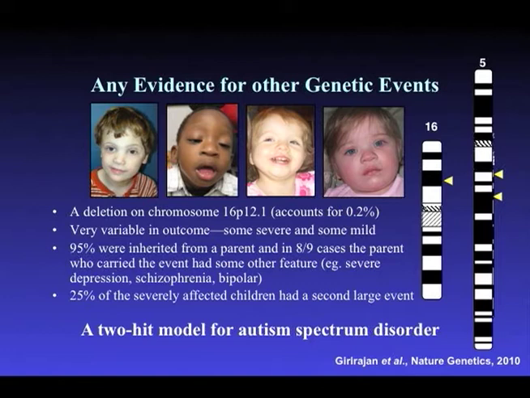So we thought about that and said, well, maybe the carrier parent actually has one of these related comorbid phenotypes. But why did we ascertain these kids to be developmentally delayed? That's clearly a different phenotype. The other piece of information which we thought was really informative: when we looked at the entire genome for large copy number variation, we found that in 25% of the cases that we had ascertained, there was another either deletion or duplication at a different chromosomal region.